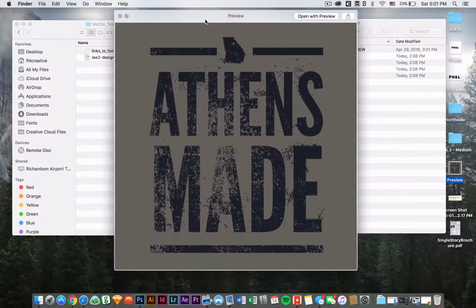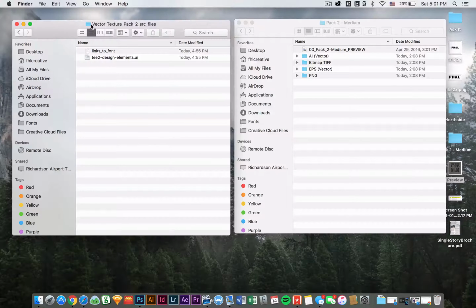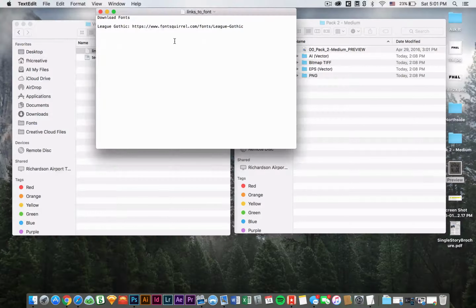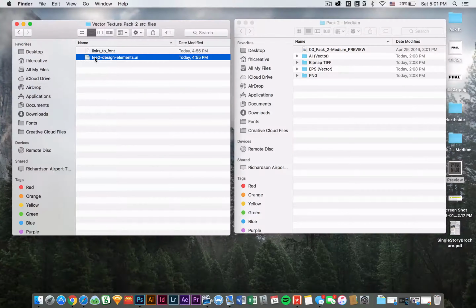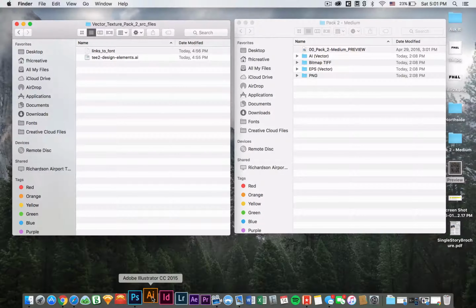The font is a free font called League Gothic, and you'll be able to get these files right here. The links to the font right there, as well as design elements that I use in this tutorial, you can download in a link in the description below the video. So let's get started. We're going to open up Illustrator,